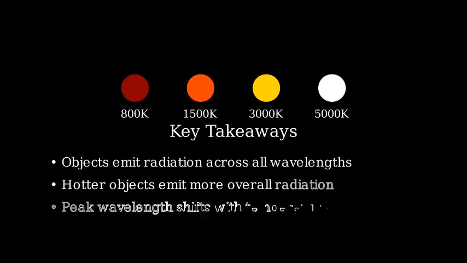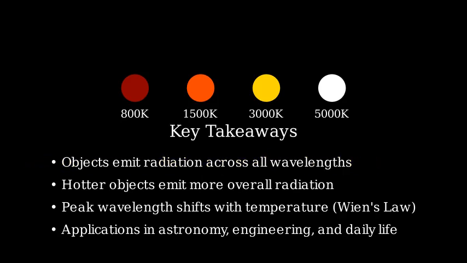To summarize what we've learned, first, all objects emit electromagnetic radiation across all wavelengths, with the distribution following the blackbody radiation curve. Second, hotter objects emit more radiation at all wavelengths than cooler objects. Third, as an object's temperature increases, the peak wavelength of its emission shifts toward shorter wavelengths, as described by Wien's law. And finally, these principles help us understand phenomena ranging from the color of stars to the design of heating